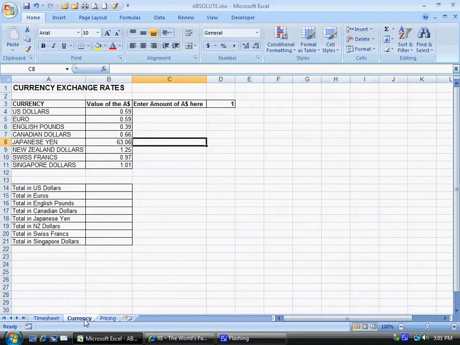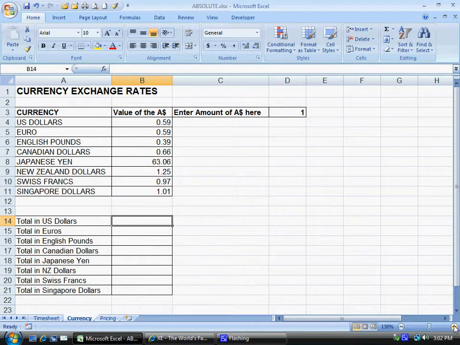On the currency worksheet, here we need to select cell B14, and we need to write a formula here to multiply the currency exchange rate for the US dollars by the amount of money we have, which is in only one cell, D3. Make this a bit bigger so we can see it. So this cell equals